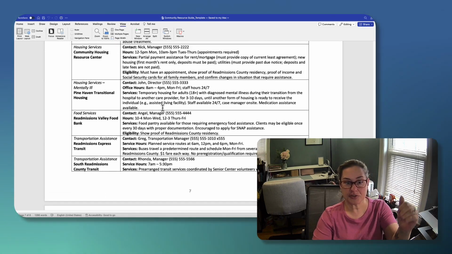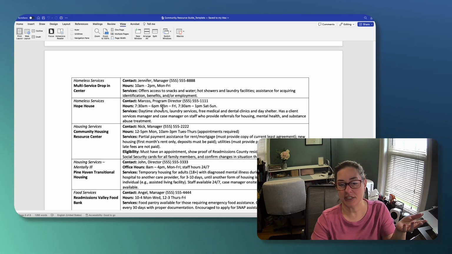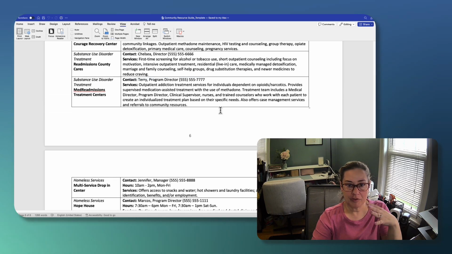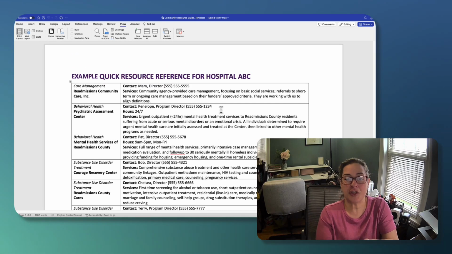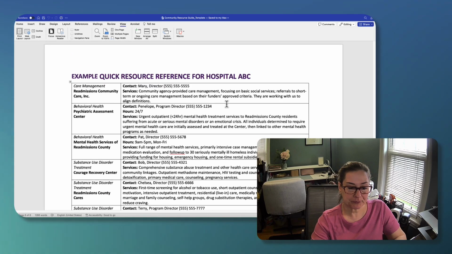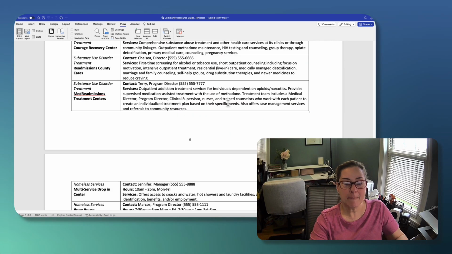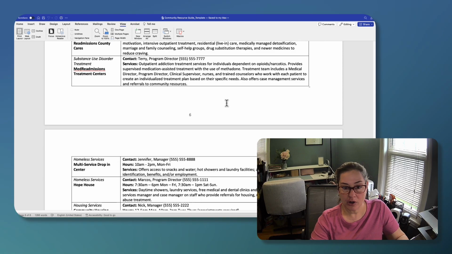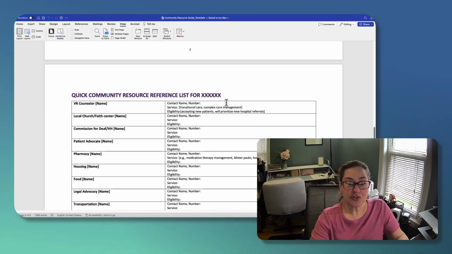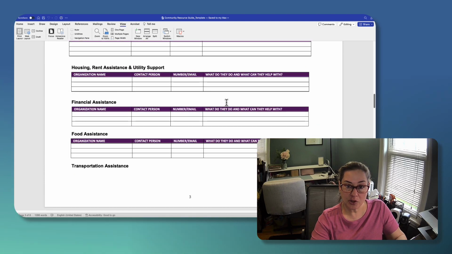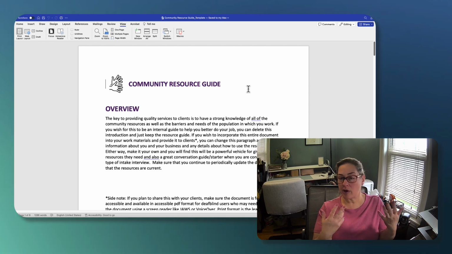This is a mock-up that I did, again, hospital based, but you want to tweak it for where you think you're likely to be working, and in the different categories or the things that you think will be most helpful for the populations that you'll be working with. So I hope this is helpful. I wanted to brainstorm a bit with you and just show you a little bit of where I was coming from.